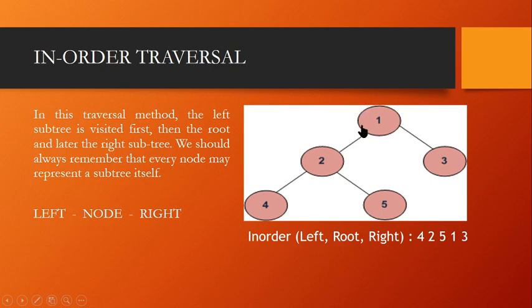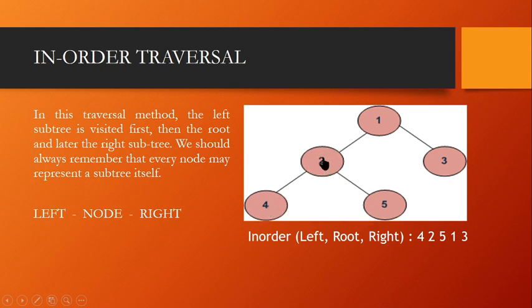First, I'll go with this one. I check this is a root node. Since it's an in order traversal, I should go to the leftmost node. The left of 1 is 2. I'm supposed to take this, but you can see here this has a separate structure. It's a tree structure. That means 2 becomes a parent for 4 and 5.